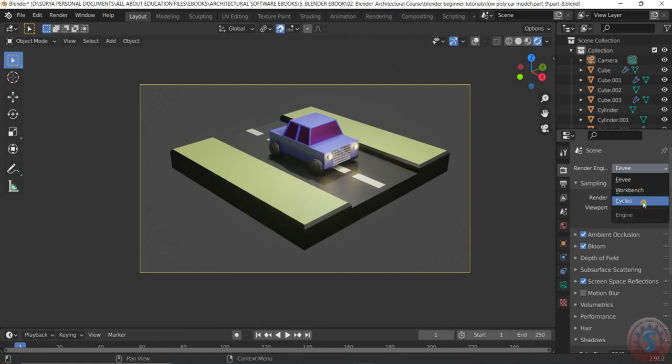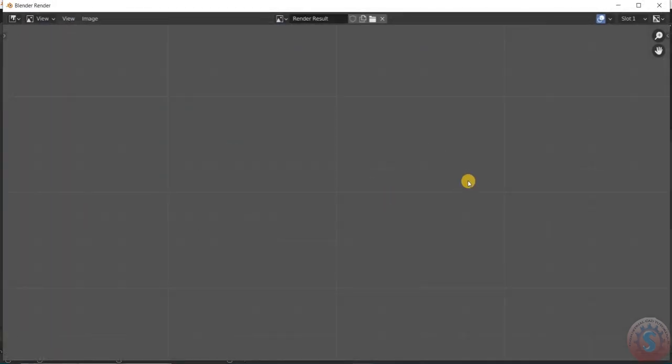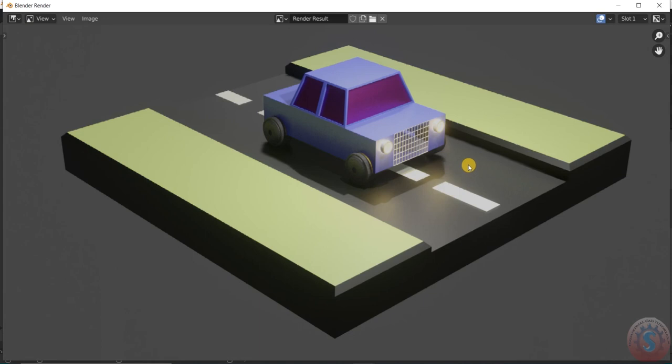And you can also go into Cycles to see how it looks. It is rendering, it will take time. This is the Eevee render. Same, go into the view and the view rendered image. And go into Eevee. Eevee is looking good, and go into the viewport render image. This is the